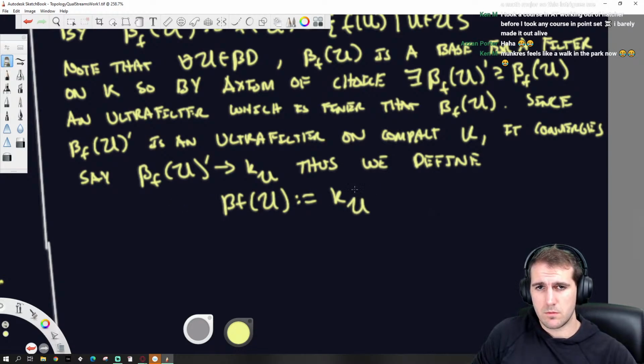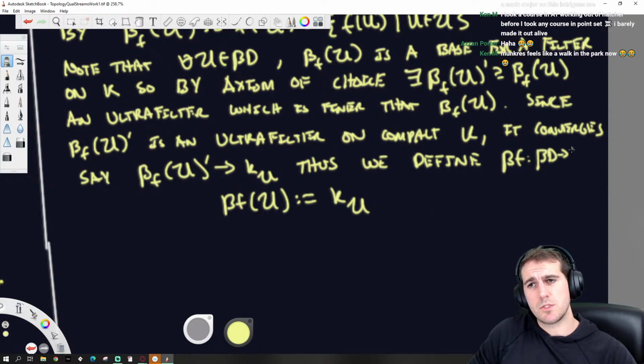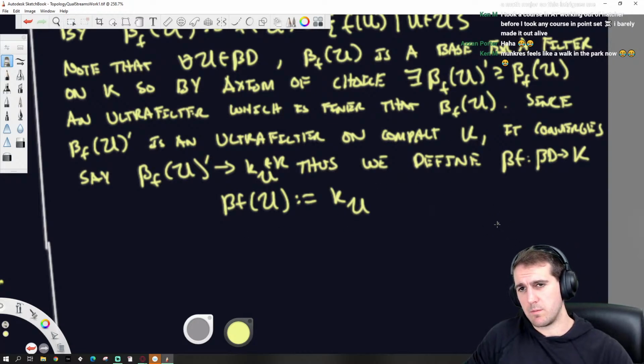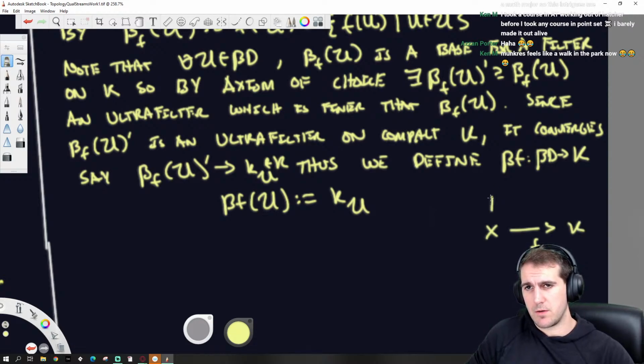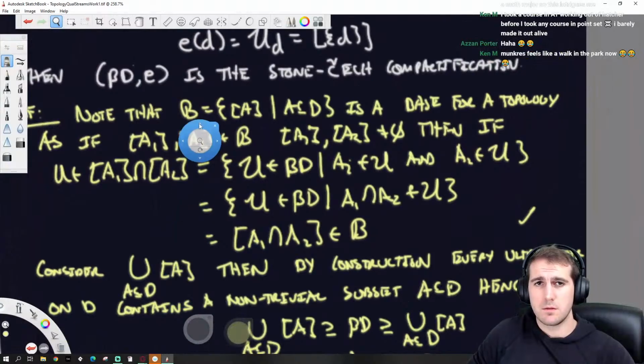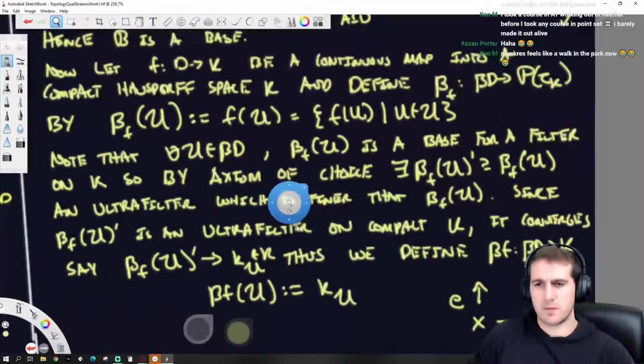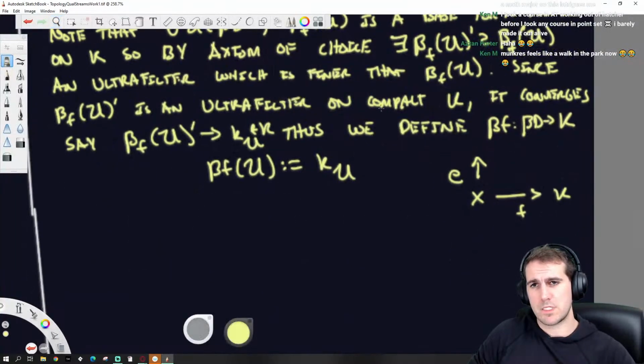So it's going to be beta f, which goes from beta D to K. So that gives us this diagram. You've got X, K, there's f, and then we have the embedding map, which was just from earlier, E goes to its principal filter. So that's what was stated as a supposition.